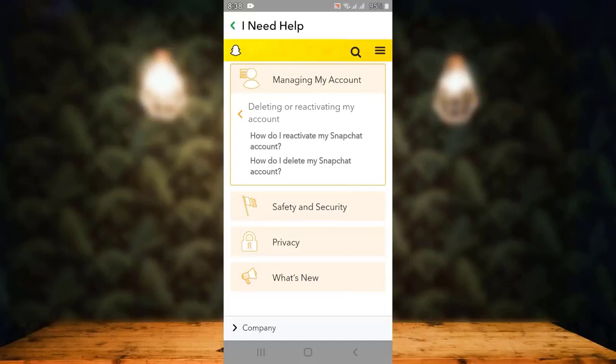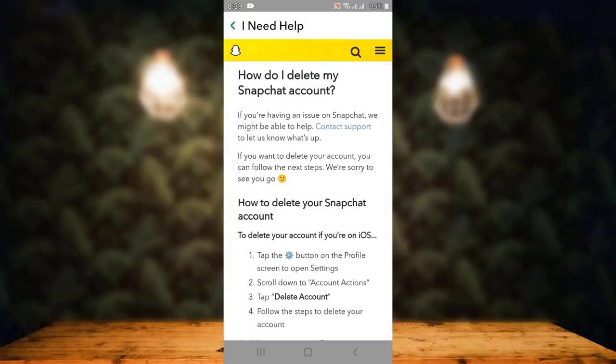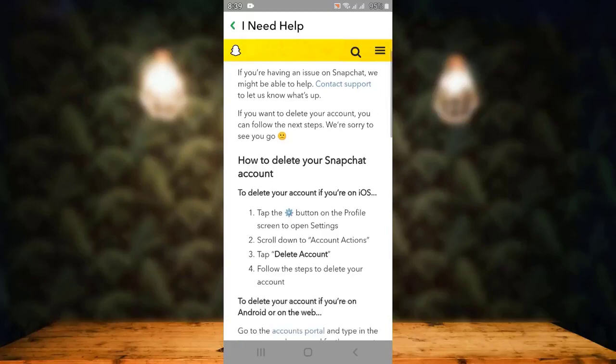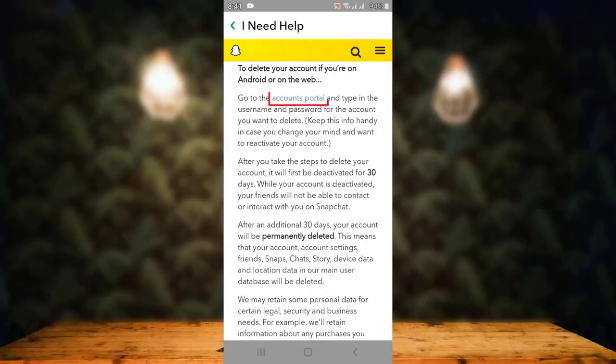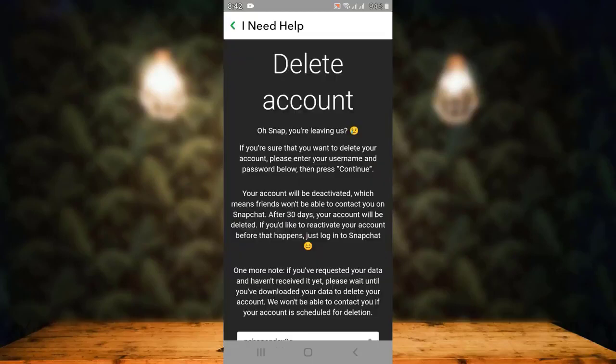So as per this video, as we are deleting your account, so you'll have to tap on how do I delete my account. On the other side there is a whole page of articles, so make sure to go through it and then slightly scroll down, and right in between you'll find a link, so then tap on it. As you tap on the link, once again on the other page you have an article, so make sure to